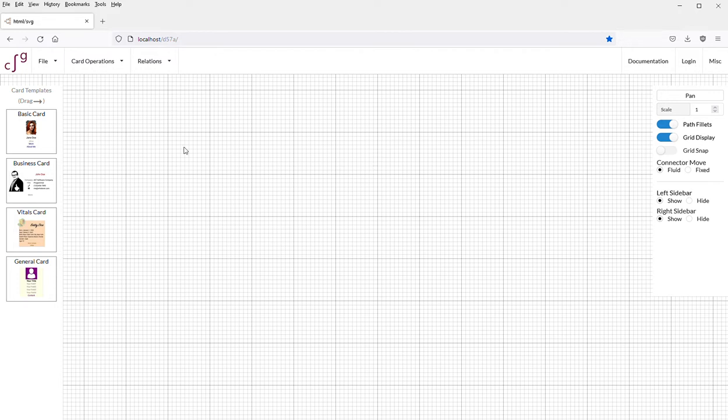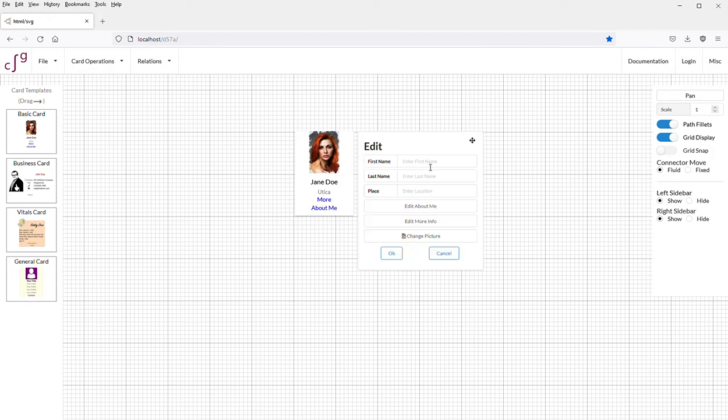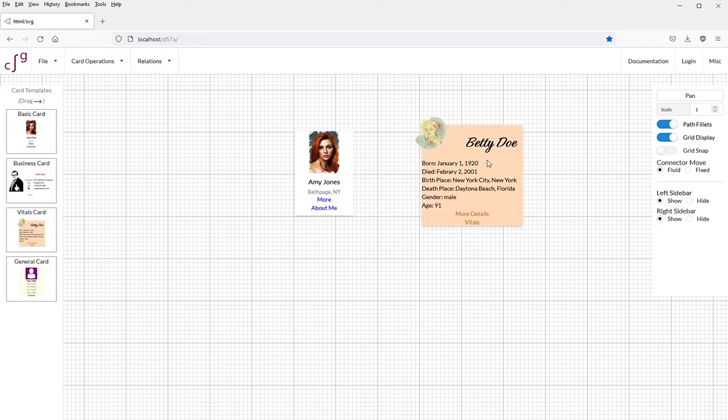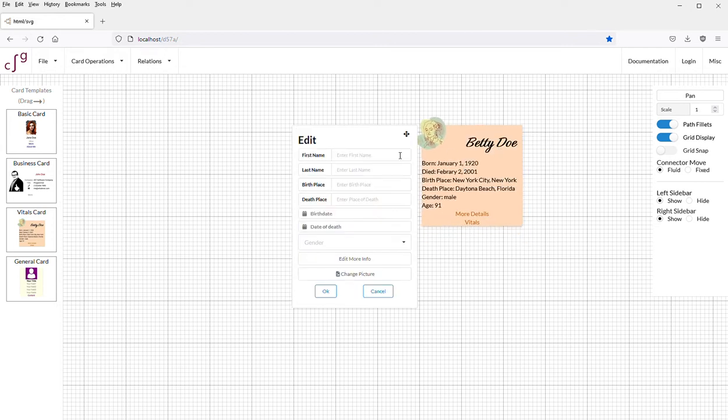So to make a card in the drawing area, we just drag it over from the left sidebar. We aren't going to want the text that comes with the template, so that's why we edit it to whatever we want it to be. We'll call this Amy Jones, and let's change the location like that. And we'll drag another card over, a vitals card, and we'll edit that and change the name,